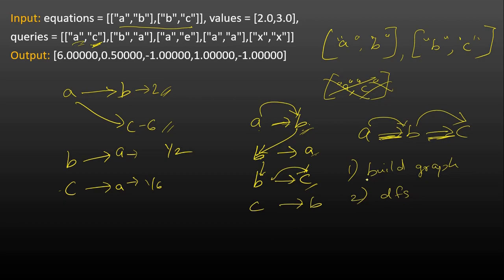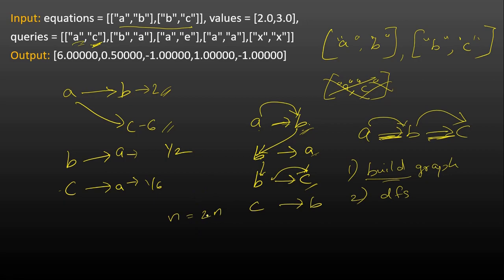Okay. So to build the graph for each equation, let us say the number of elements is n in the equation. So we will be building 2 times n, because for each equation we have to do A to B and B to A. We have to do 2 entries, one for the actual cost and one for the reciprocal of that cost.